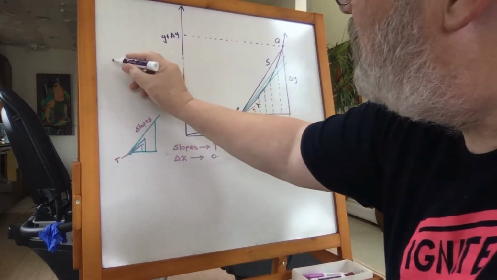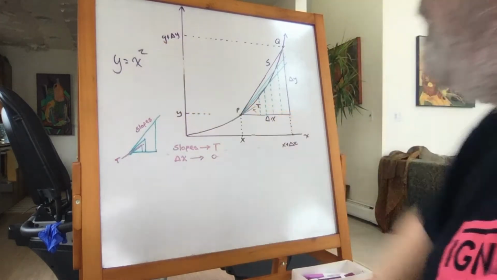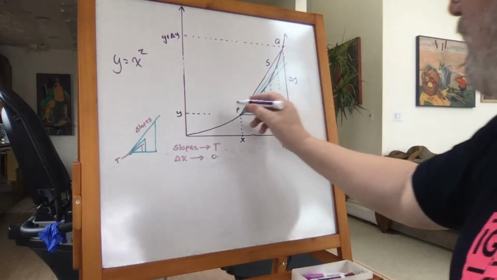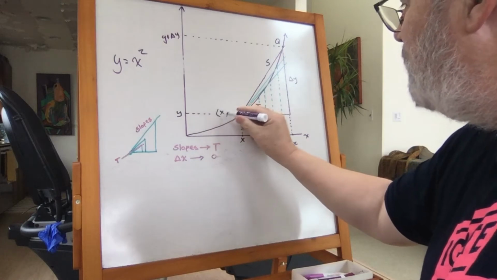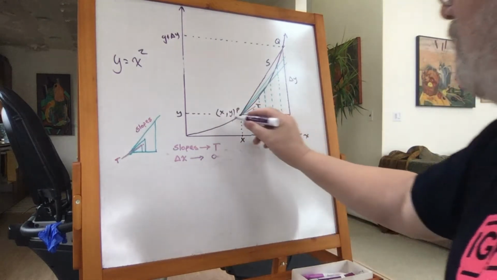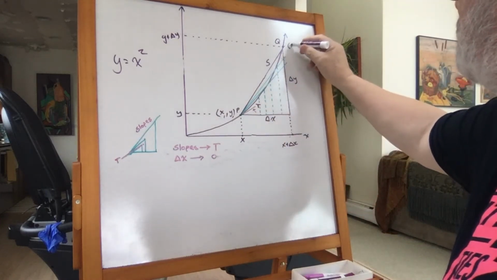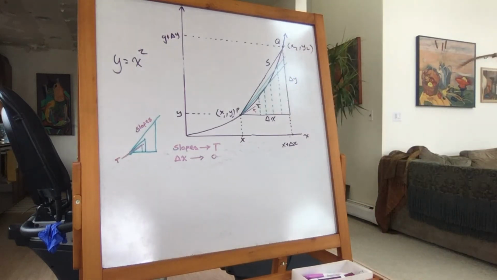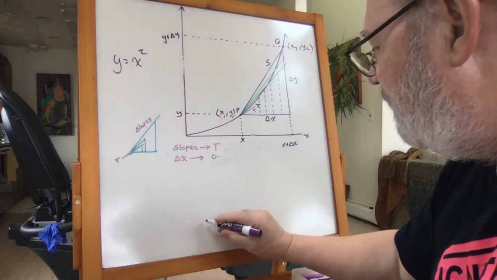Now, the curve that we're looking at is y equals x squared. That's what this curve represents. And we have a point P, x, y. We'll call it x1, y1 for now. And we have an x2, y2 for now. And remember, with a line,